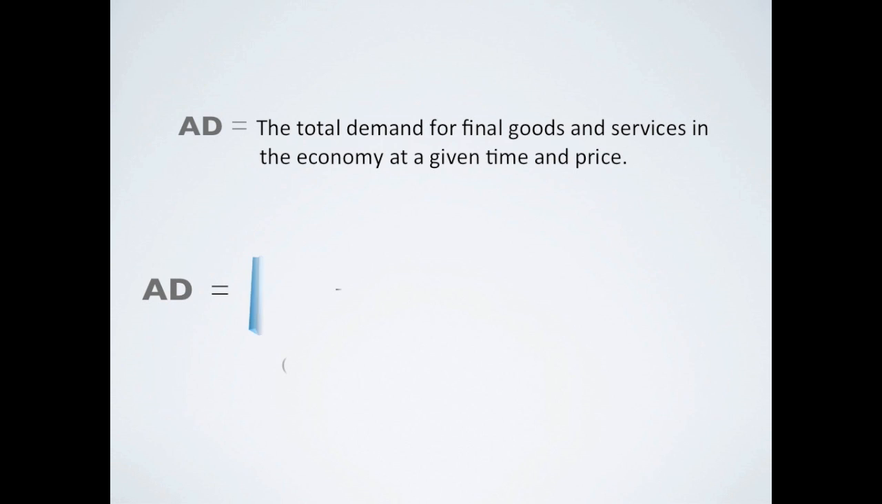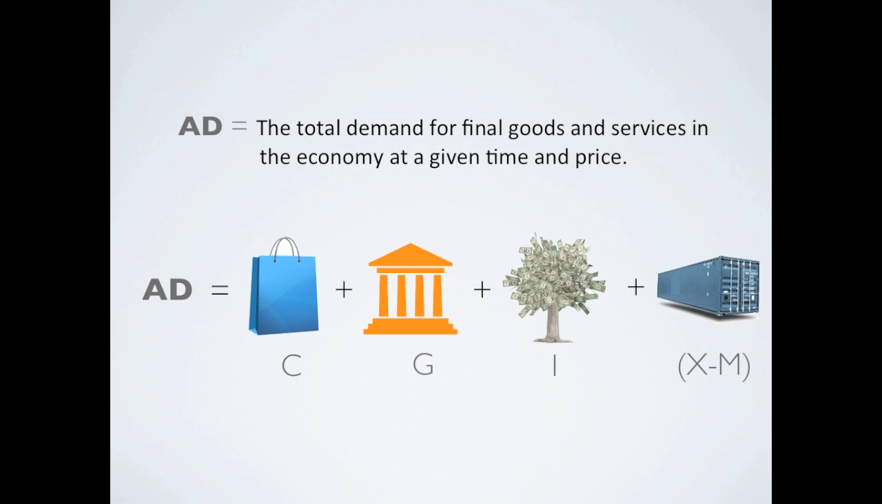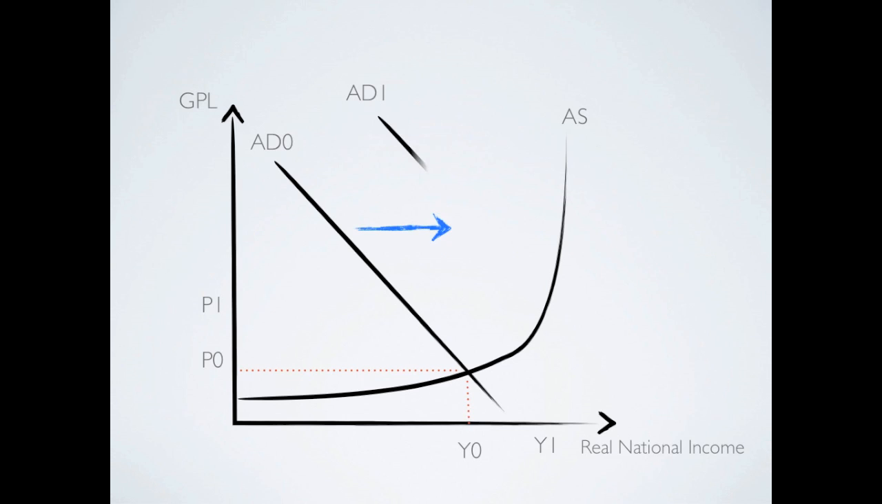So AD firstly consists of C, which is the amount households plan to spend on goods, government spending, and planned spending on capital investment. And finally, net exports, which include exports minus imports. And if there's an increase in AD, the AD curve on the ADAS diagram will shift rightwards, like in the diagram